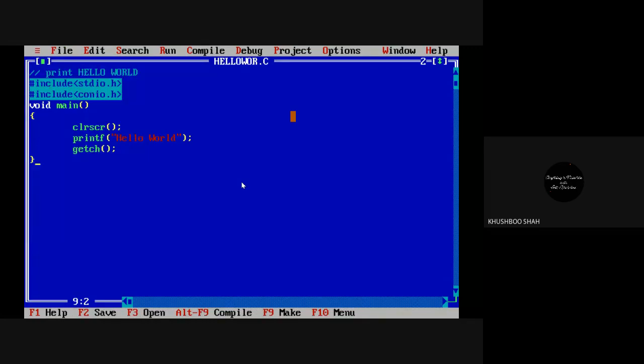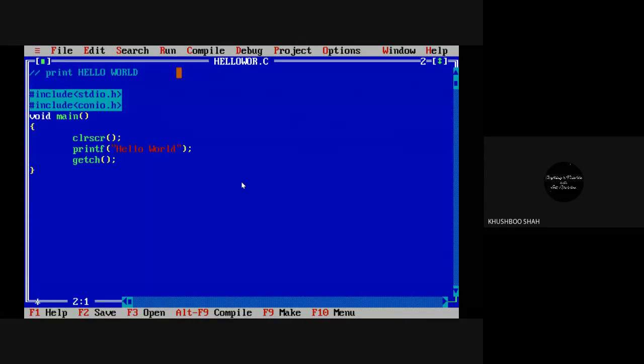Okay, as we know, when we give instructions to the computer, it will perform some job. So here we have given some instructions to the computer to perform some job. So what is the job? The job is to print hello world. This is the program, what I want to do.